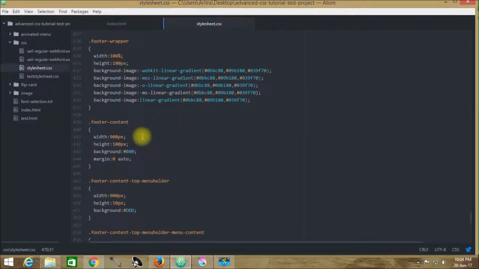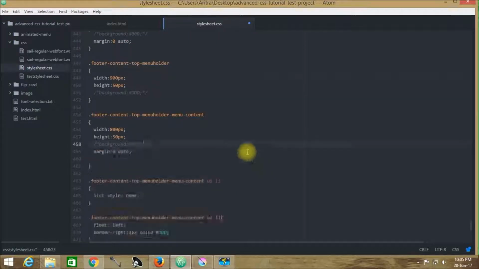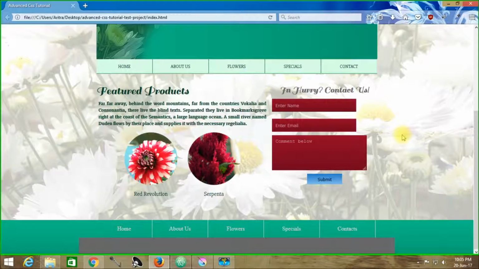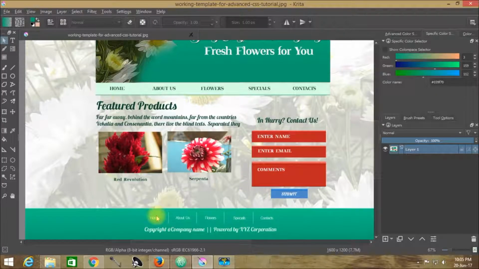first of all, remove all those background colors that have been provided over here. So I am removing these background colors. There it is so far. So we have created them. Now the problem is the font size. Font size is very small over here.